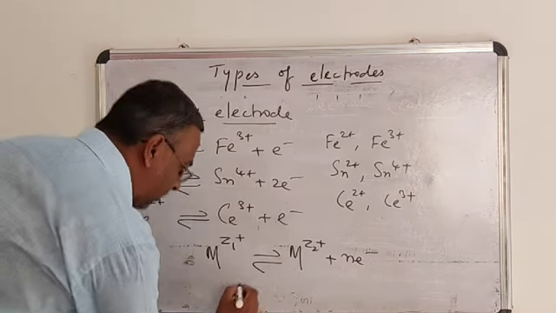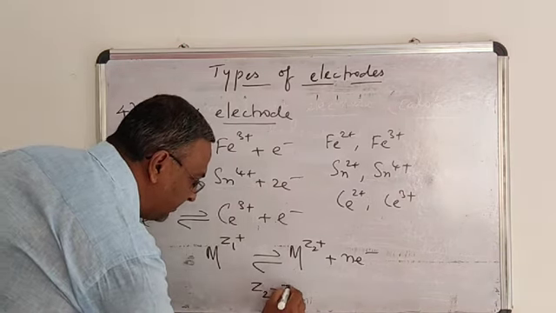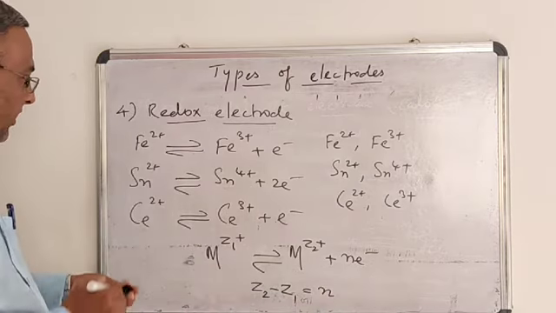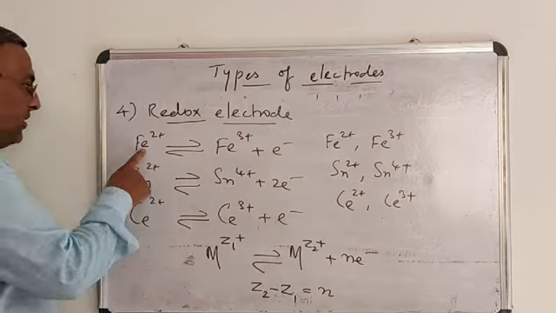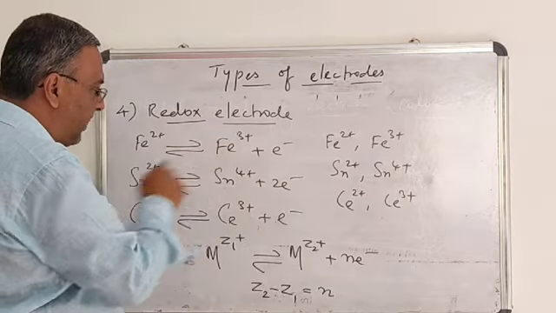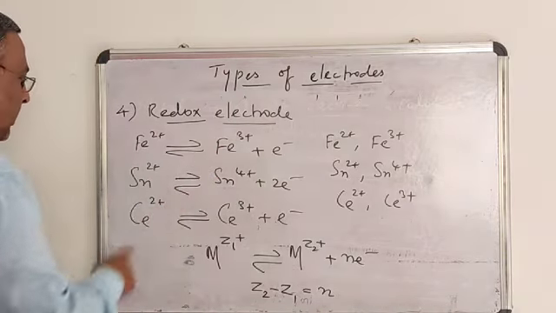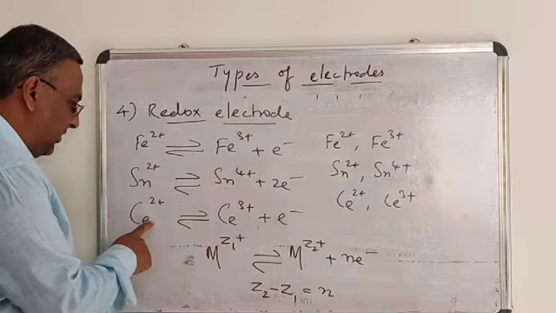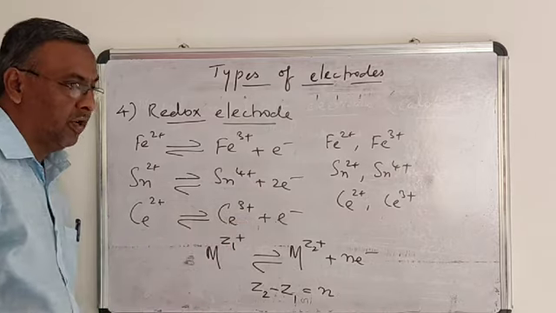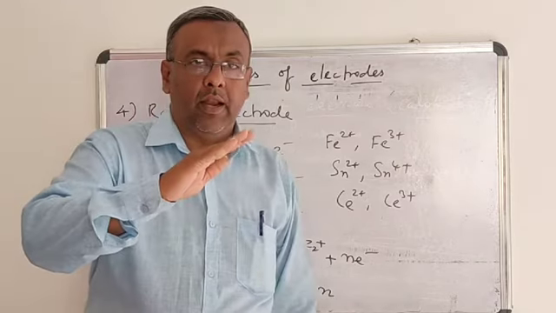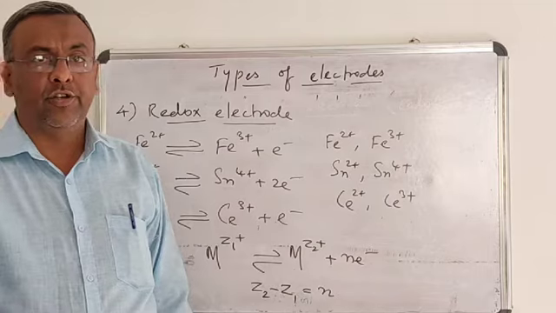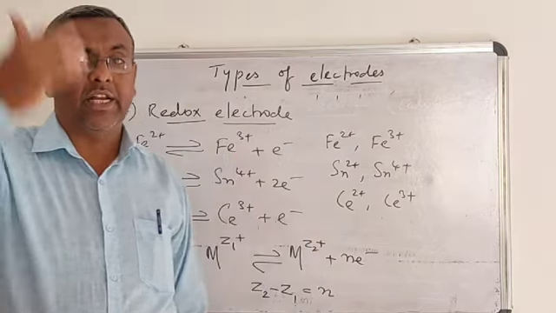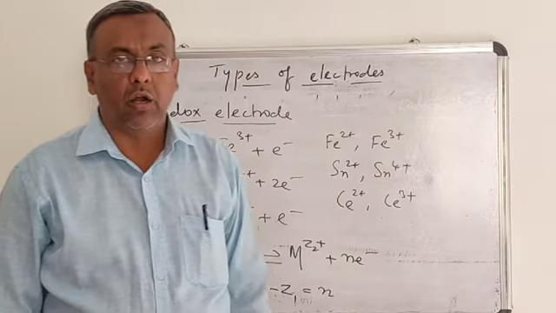And automatically Z2 minus Z1 is equal to n, depending upon the oxidation state of the metal. That is, ferrous oxidizes to the stable ferric oxidation state. Similarly, stannous to stannic, cerium to cerium 3+. So when one metal changes into the stable oxidation state, the potential that arises at the electrode is called